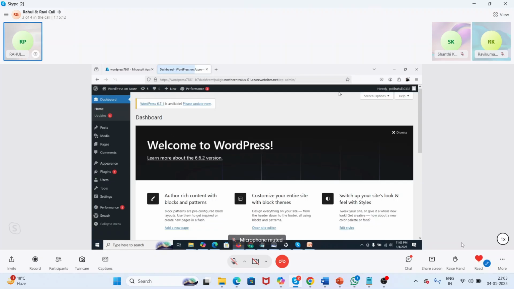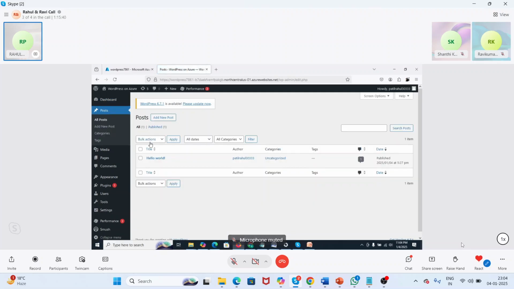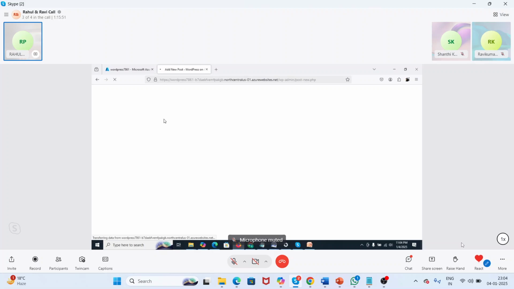Yes. So here we log in to the WordPress home page. Welcome to WordPress. As we discussed last time, here are posts, media, pages, comments, and then the available plugins for different use cases. Now I hit on posts, all posts. For demonstration purposes there is already a post here. So now I add a new post. Click on new post.